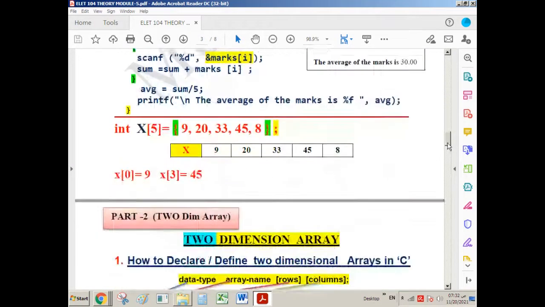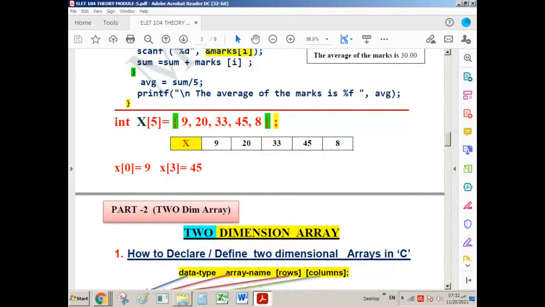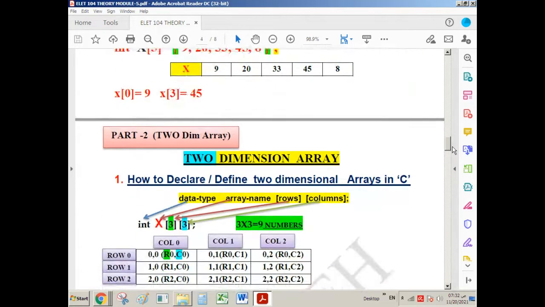Sometimes you can see this example: int x[5]. We have 5 elements in this array x, given in the braces: 9, 20, 33, 45, and 8. That means you are creating an array named x of 5 elements, and you already stored these numbers in this array. So x[0] is equal to 9, and x[3], counting 0, 1, 2, 3, is equal to 45. So this concludes